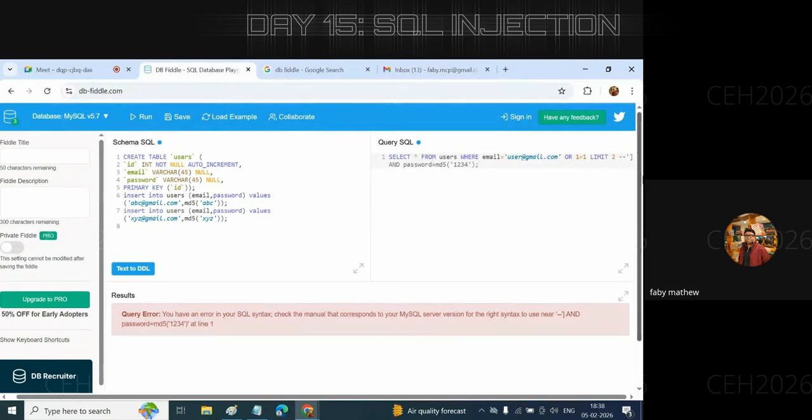See here, right now it is showing in color. That means this particular statement from the end, this statement is running right now. But when I limit